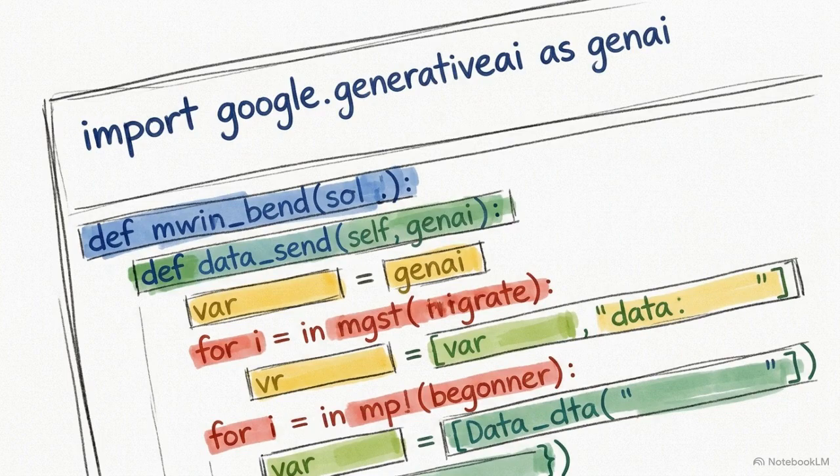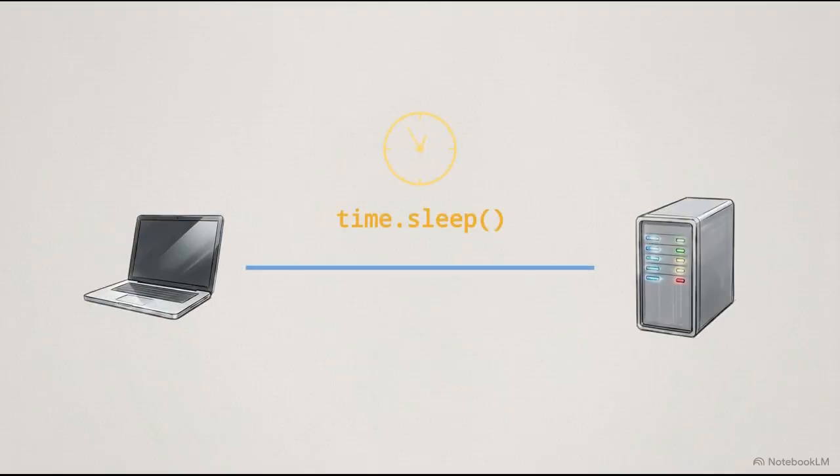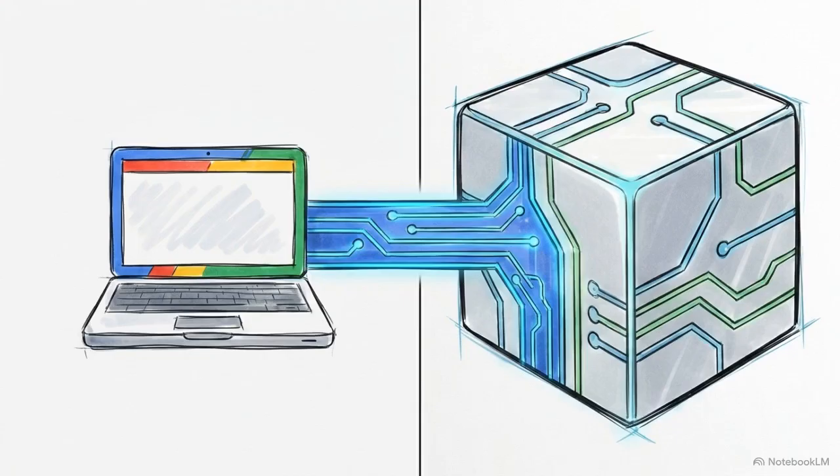Open your code editor and import the required Google GenAI libraries. We also need the time module. AI video generation isn't instantaneous, so we need a way to tell our script to pause while the server processes the request. Next, we initialize the GenAI client, which serves as the primary interface between our local code and Google